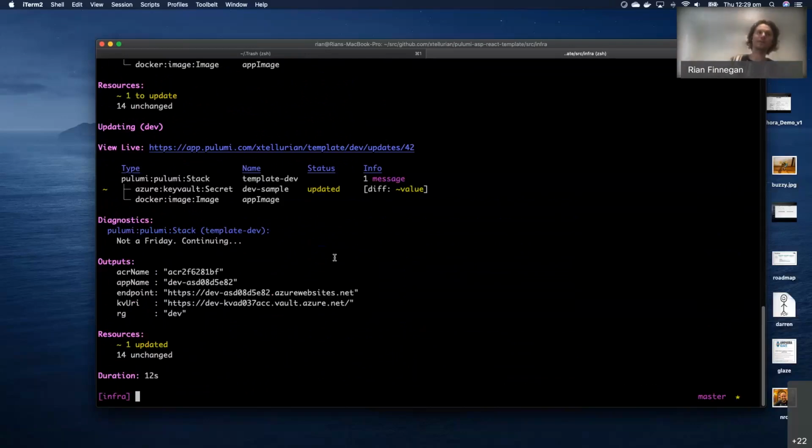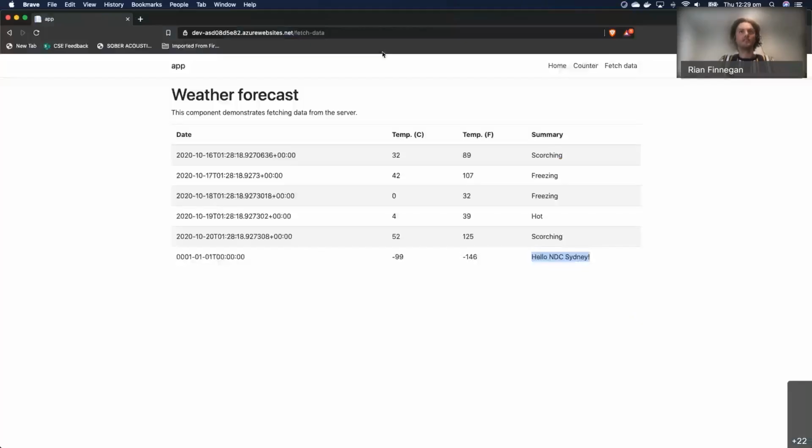But on the other hand, what it means is that when I change the secret like I just did, and I come and refresh this page, it still says, hello NDC Sydney. And that's because it's cached. So there's two ways you can solve this problem. One is you can call a method called configuration.reload inside your application. But how are you going to know to do that? It's a bit complicated. I find the easiest way is just to force